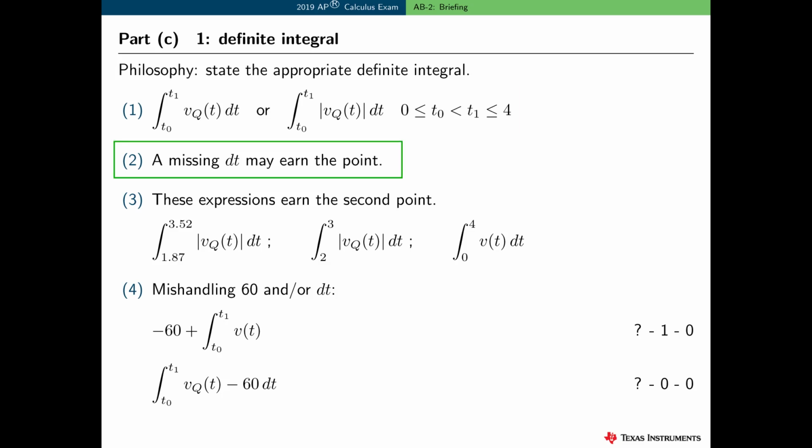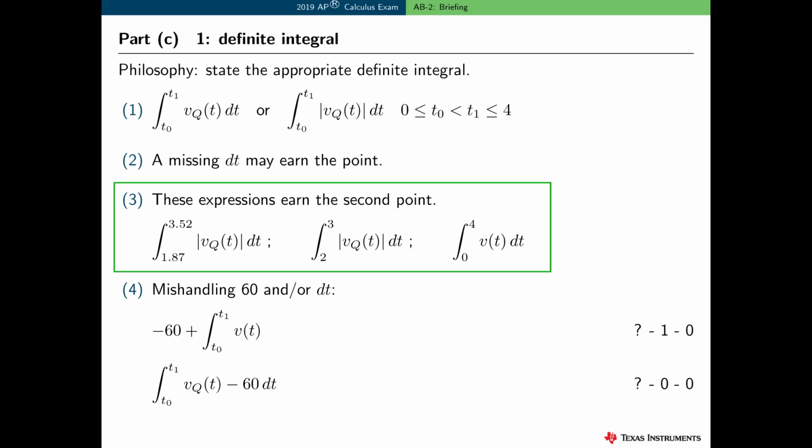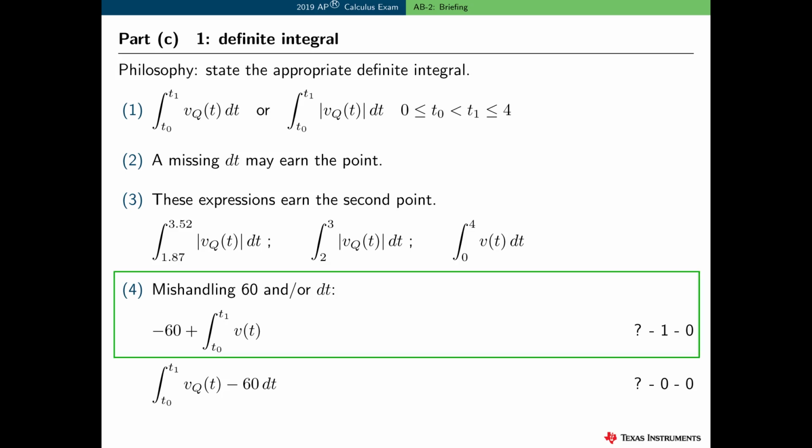If the student omits the dt, they may still earn the point. It depends upon our interpretation of the integrand, and there are a few examples below. Here are some examples of expressions that earn this second point. And here are some examples of mishandling of the constant 60 given in the problem